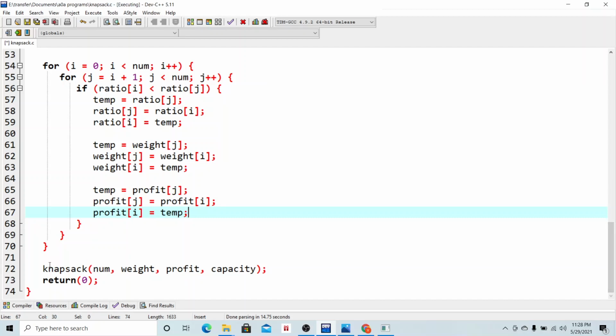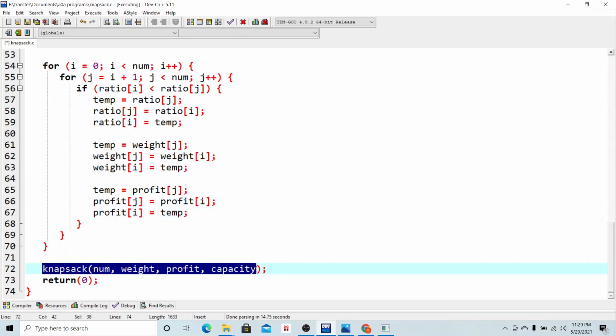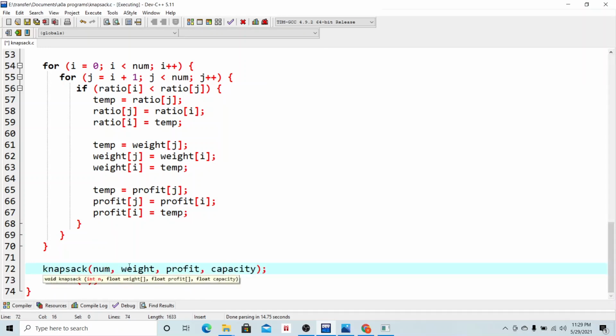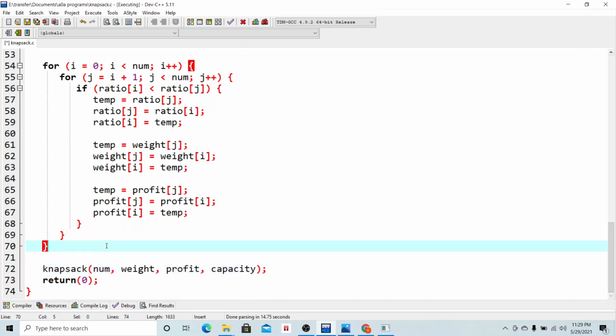So after that we have to call this knapsack function, that is knapsack num. Here num value is 7, weight, right? The weight denotes the weight array in which we have stored all the weights of the objects, and the corresponding profit array, and we also have to pass the capacity of the knapsack, that is 15, right?